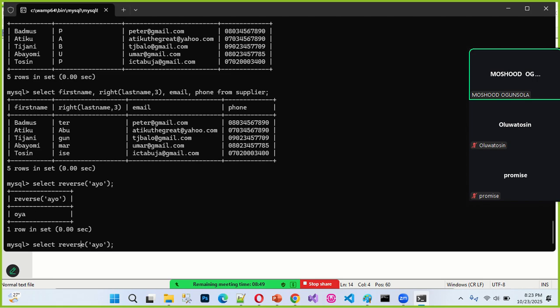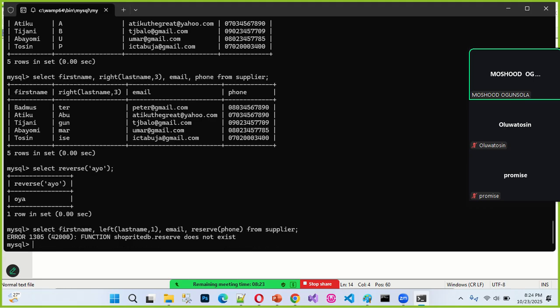So I can return back and say, okay, I want to display all this particular name now. When I get to the phone number here, I will use something like that and say reverse, in quotation like this, phone number. Can you see? It means by the time the system returns the phone number, it will return the phone number as well as the reversed one. Do you get it now? So once I press enter here,